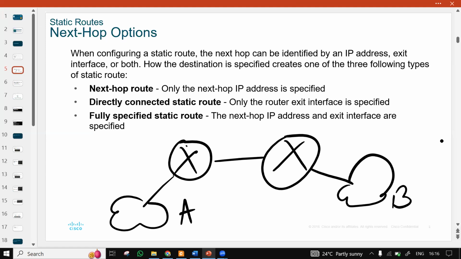Network A, device PC1. If no static routes are configured, in the initial configuration, the only thing configured on the network are the interfaces. This interface and this interface, these four interfaces. If the only thing configured on my routers are my interfaces, which we know how to do,